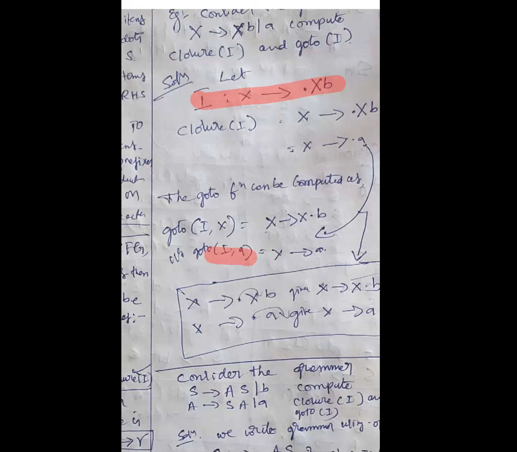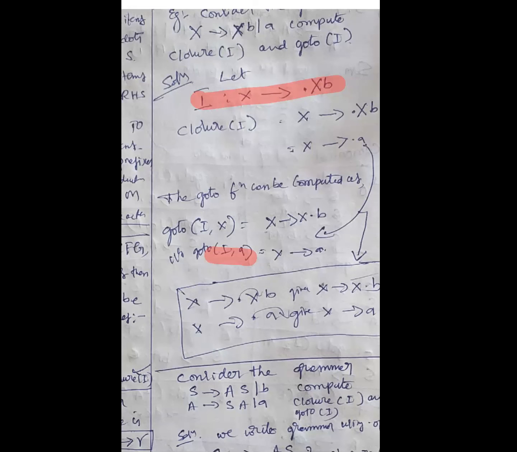After that, whatever the symbol is there, you write it here. Go to of I comma a. So I comma after a put dot. Then that will be closed. In closure and go to, the main intention will be the dot will be at the end, the end symbol. Every time we need to arrange like that, so the dot will be the end symbol, or after dot it will be the non-terminal symbol. That will end like this. Either dot ends last or dot is terminated with the terminal symbols. Like that we will go on giving.